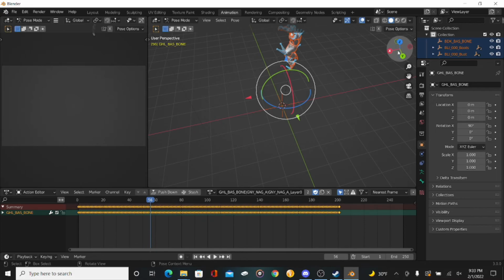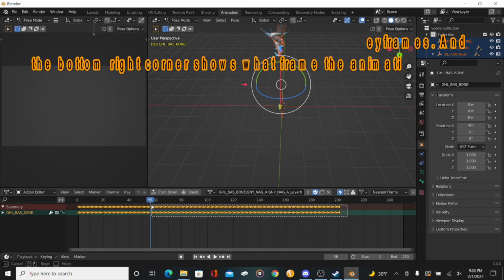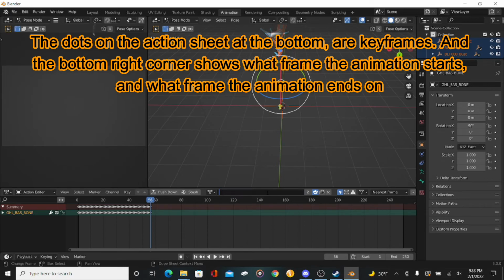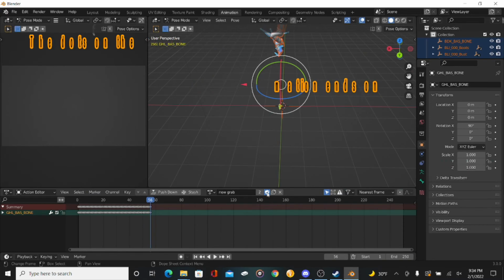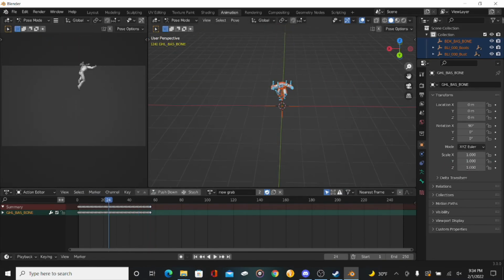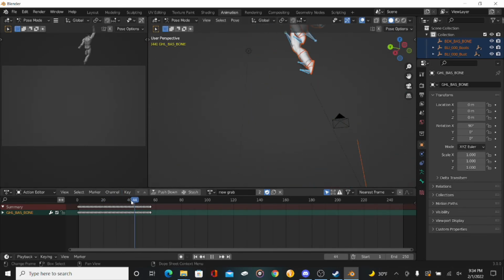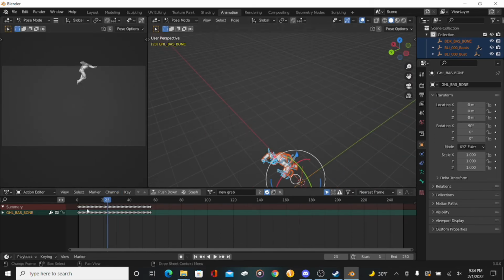So when making an animation, in case you haven't noticed, what you want to use for the structure of your animation is an already vanilla built-in game animation. You can go through the list of poses over on your Action tab, right next to where I put New Grab. See the little arrow? Click that and it's a long list of animations. You pick one that you want to start off with, as a pose you want to start off with, basically.